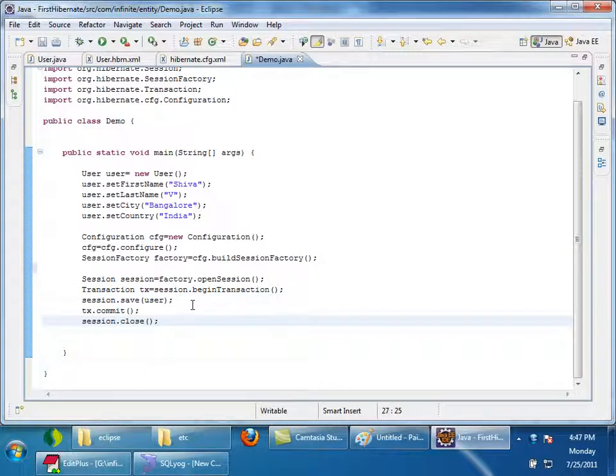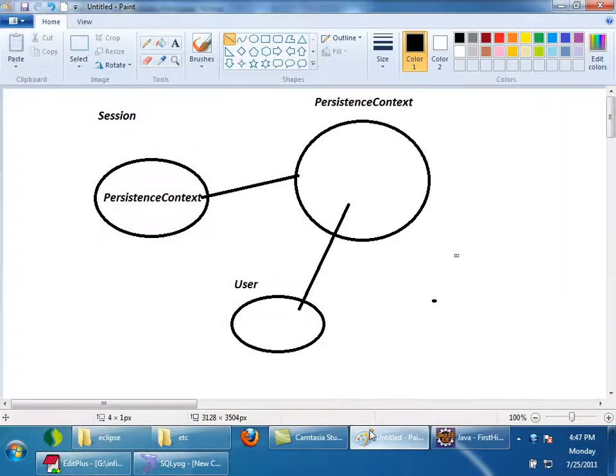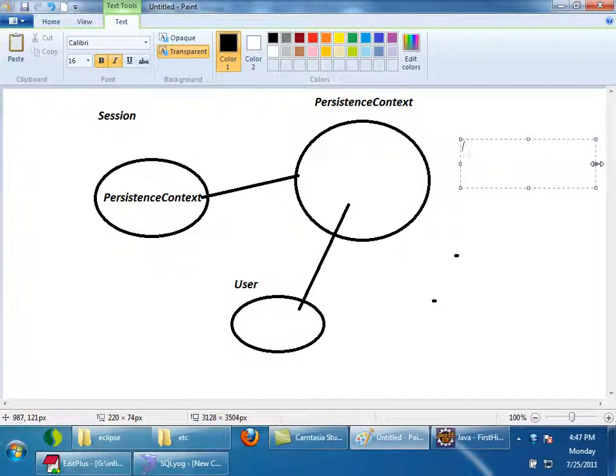Okay. Next thing here we need to understand, this persistence context is also called the first level cache. What is the cache? Cache is a temporary location where we keep the frequently used data, right? So this is said to be first level cache. I said Hibernate is having two levels of caching. This is a first level cache. We'll talk about second level cache slowly. This is a first level.